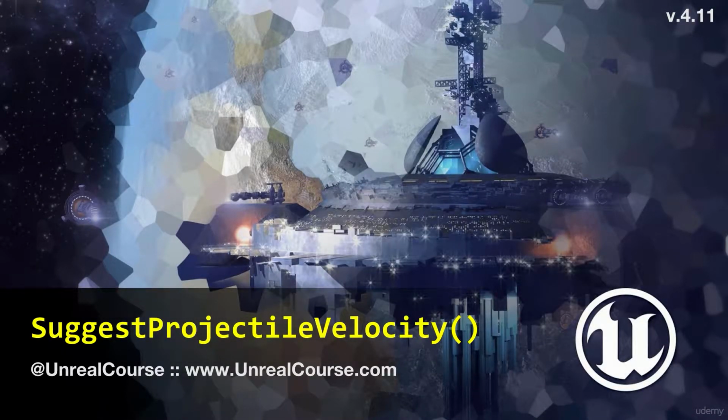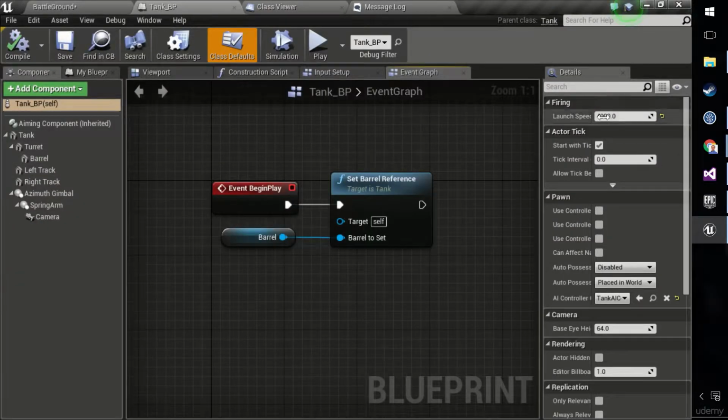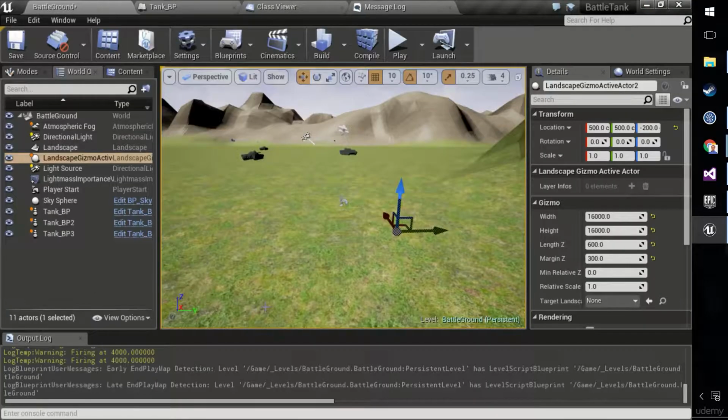So welcome to Suggest Projectile Velocity. In this video we're going to take a closer look at how projectile flight works. By the end of it you will have a modification to your tank where you actually have a launch speed parameter that will be passed all the way from the tank down to the aiming component and then ultimately printed